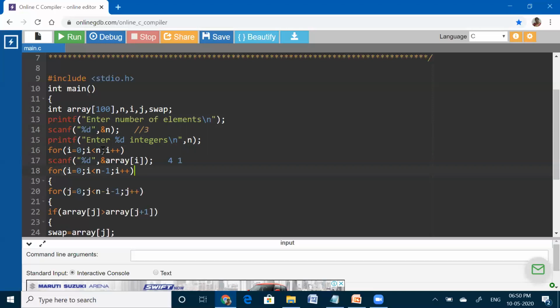Here i value is 1, and 1 is less than 3, right? So i value will be incremented by 1. i becomes 2, and 2 less than n is satisfied. Now I am asking the user to enter the second index element, which means the third element, so here I am entering 2. Now i is incremented by 1 and becomes 3. 3 less than 3 fails, so the condition fails. That indicates that all 3 elements are stored in the memory.